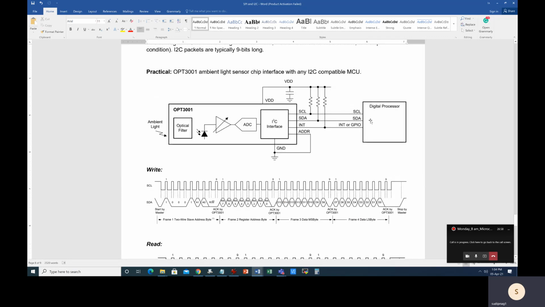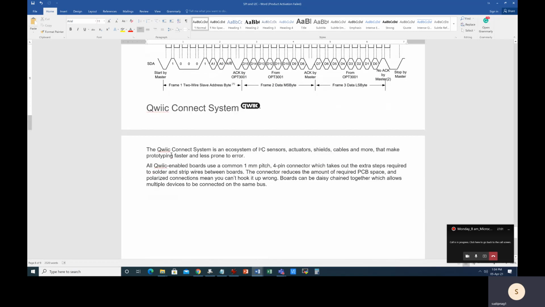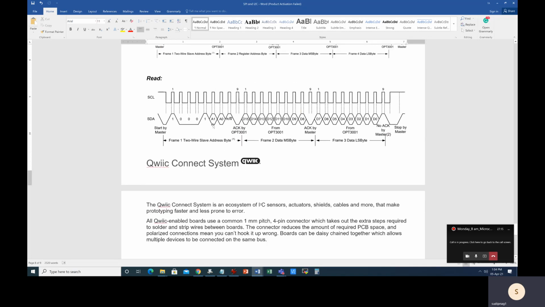Now, to make the I2C module intelligent, people have come out with this quick connect system, where a common set of connectors and some easy to use guidelines have evolved, where you can easily adopt I2C communication without going much deeper into the read write or address or acknowledge or no acknowledgement conditions. So this quick connect system is a new evolution, and you'll gradually see more and more devices with the quick connect system. In practice, it is I2C, but there are some simplifications that they have come up with in code and hardware in order to address this problem.